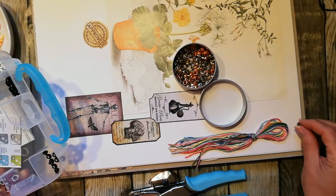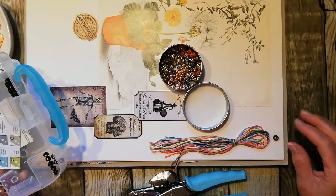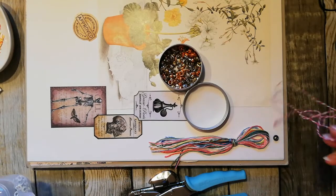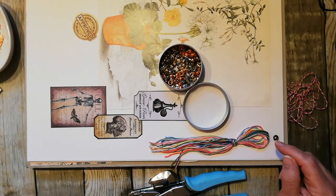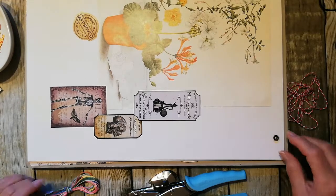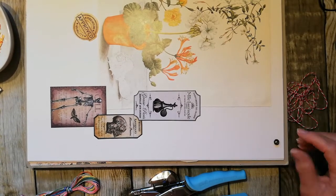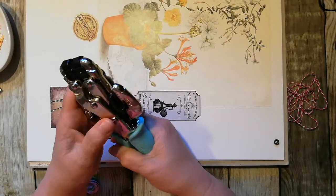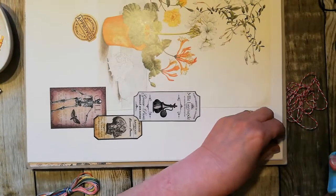I'm going to make it, hopefully I'm still in shot, I'm going to make it right high up here so that I can, what do you call it? I'll tie this through the loop and through this to hold it on. Right, where should we put it? I think, yeah, about there, I reckon. So, which is the big one, that one. Right, I'm going to